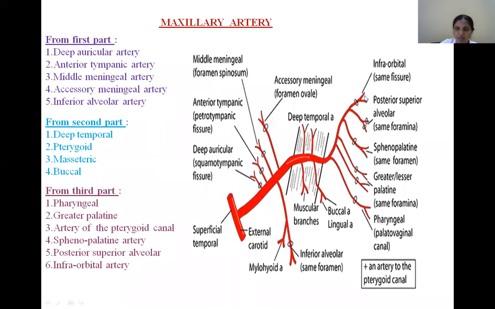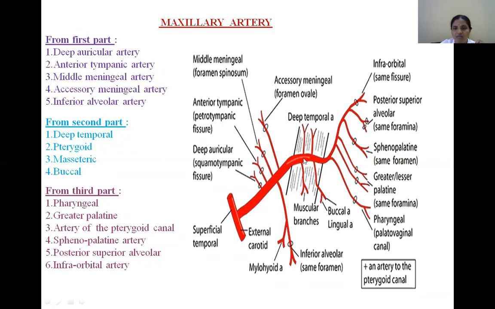So this is a line diagram. Usually it may come as a 4-mark question. So we have to draw this diagram and identify what are the branches from the maxillary artery. See, again by means of a muscle, just behind the neck of the mandible, the external carotid artery bifurcates into superficial temporal and maxillary. That maxillary artery is now present in the infratemporal fossa. In this infratemporal fossa, a muscle, the lateral pterygoid muscle, divides the course of the maxillary artery into 3 parts. First segment, before the muscle.